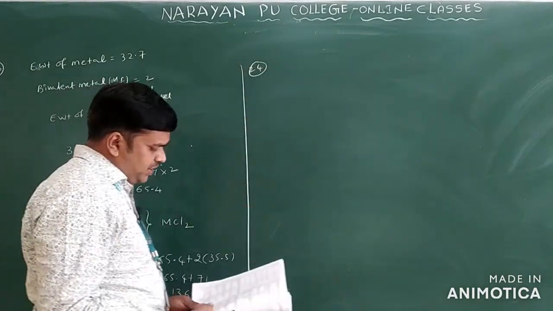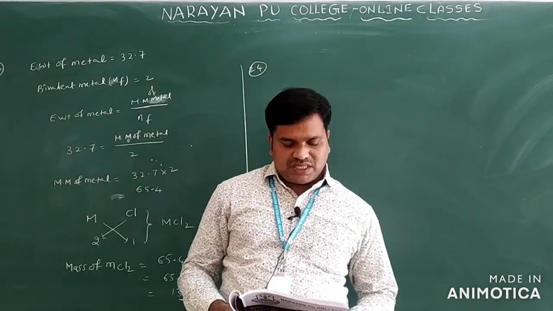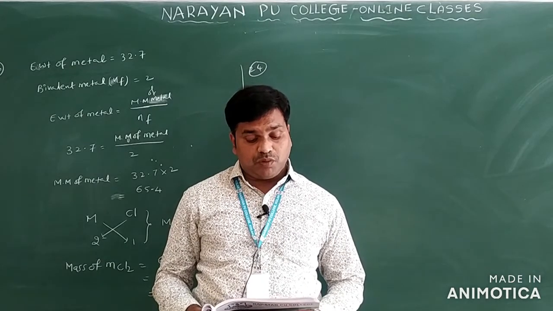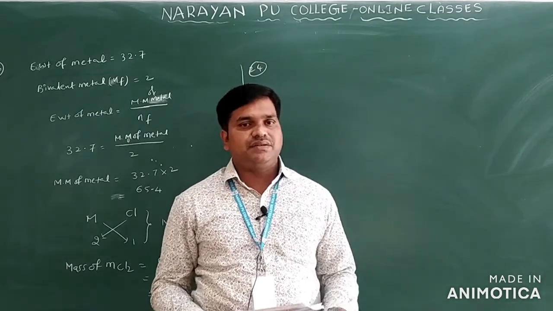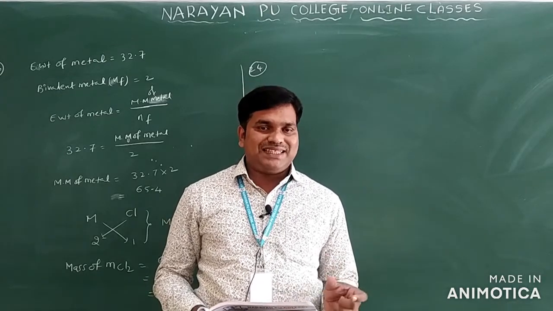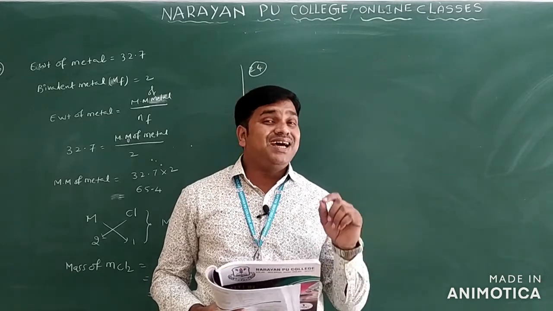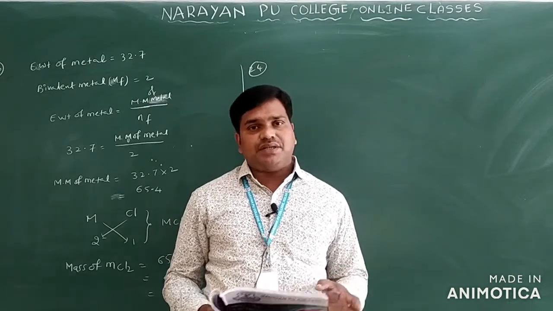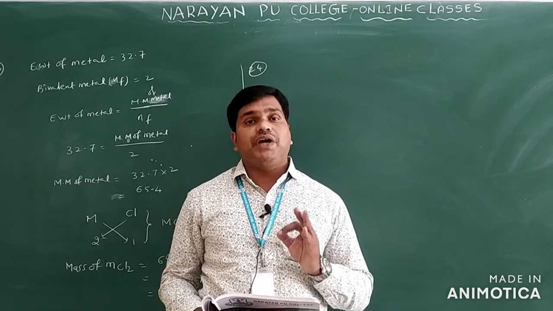Now we can see question number 24. 10 ml of 1 normal HCl is mixed with 20 ml of 1 molar H2SO4 and 30 ml of 1 molar NaOH. HCl is an acid, H2SO4 is also an acid. If both acids are mixing, then this acid solution can be mixed with NaOH solution. Then what is the resultant nature of the solution? The nature of the solution is acidic, basic, or neutral. You have to find out.